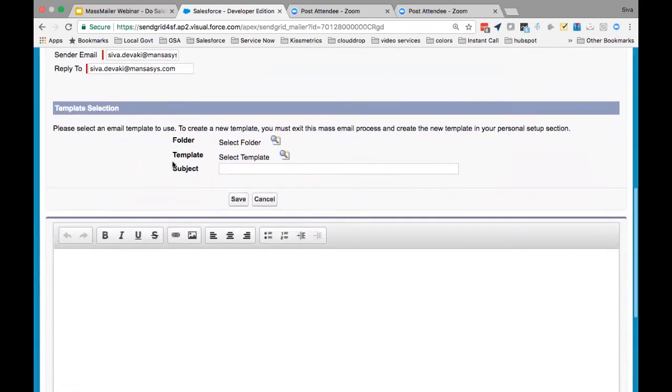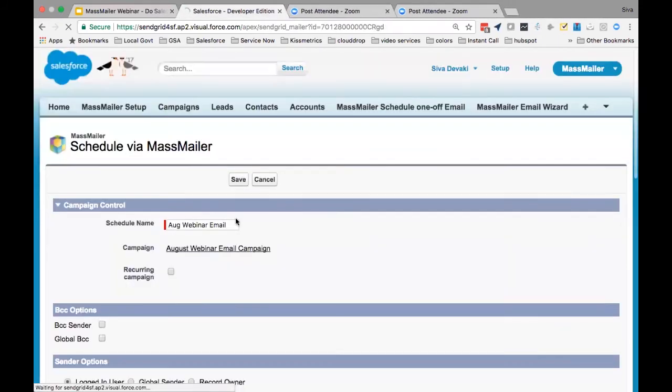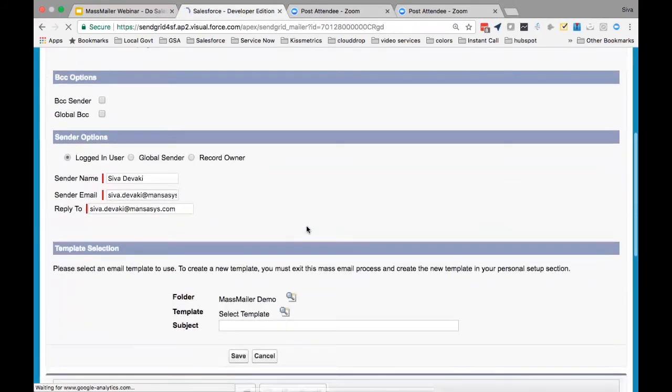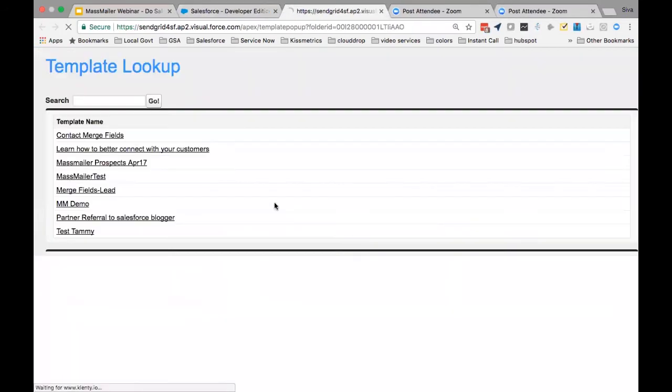Just to talk about the templates, MassMailer by default supports the Salesforce native email templates, meaning you don't have to have the templates outside design. I mean, you can design it outside. Rather, you may want to design it outside, but you can load it up back into Salesforce. So here I'm actually going to pick up a specific folder for the sake of the demo. And also I'm going to pick up a template